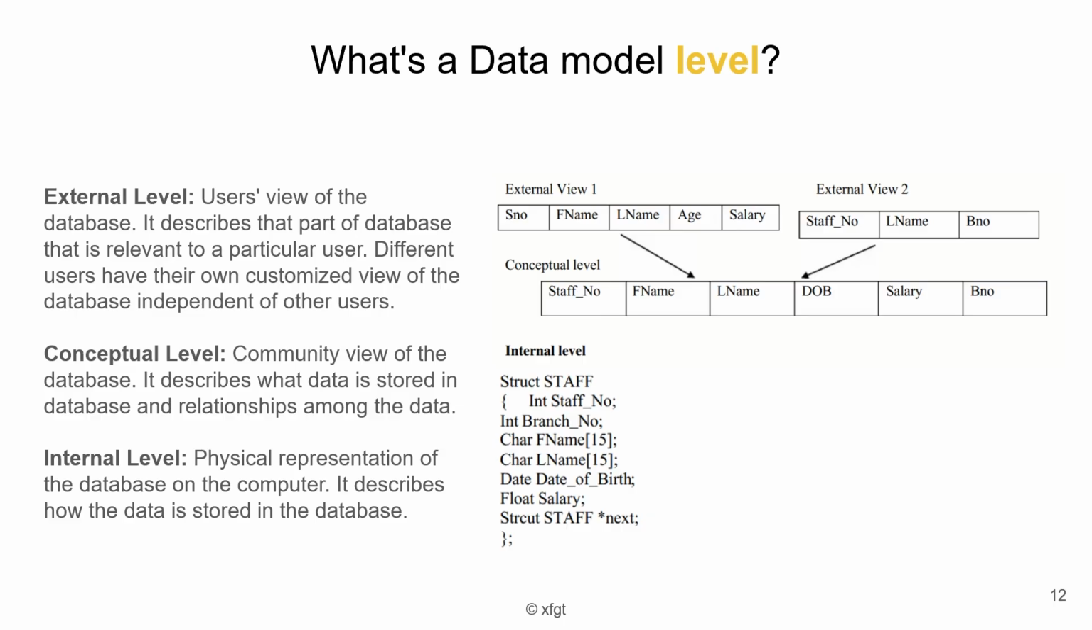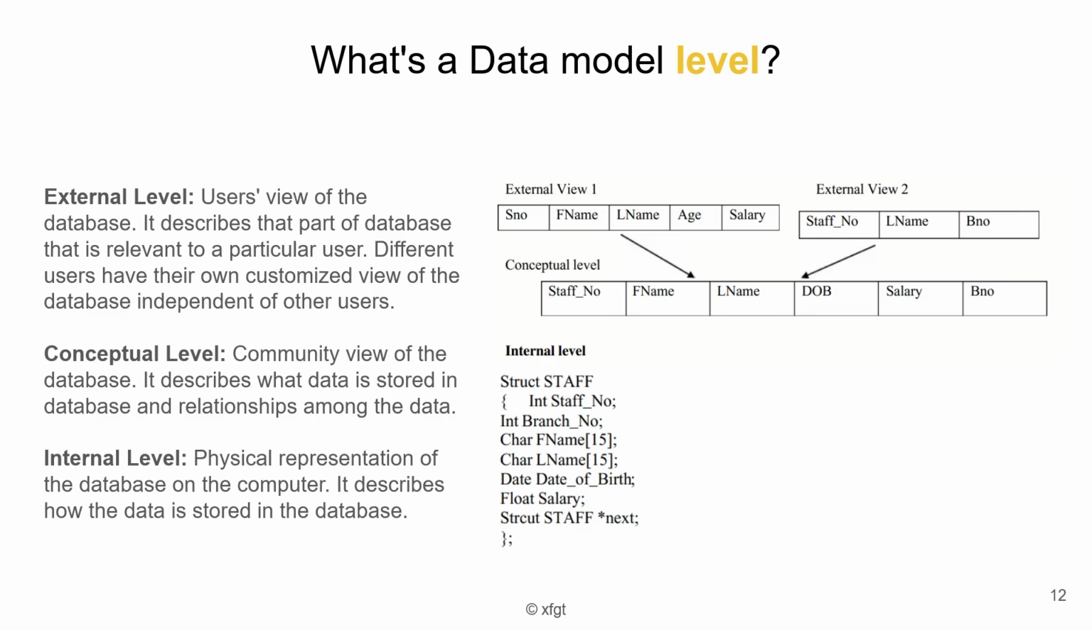And lastly, the internal level is the lowest level describing how data is physically stored on the hardware, including file allocation, indexing, and access paths. So as you can see here from the presentation, there is a class called staff, which is just a struct written in C, which has the same amount of attributes that are defined with the normal data types for a programming language. And we have a recursive definition of the same type, which is the next pointer to the staff